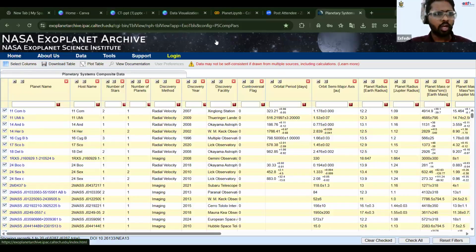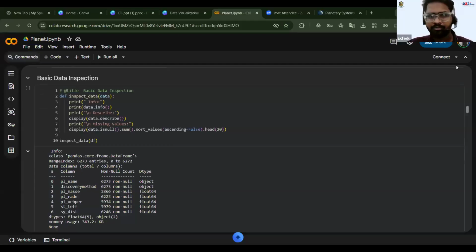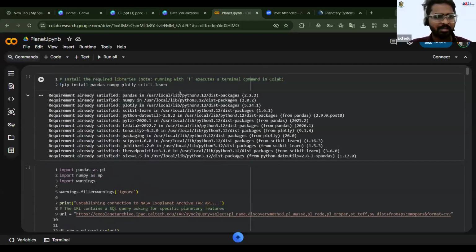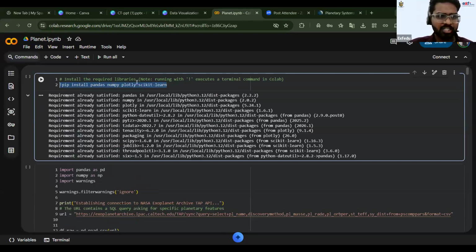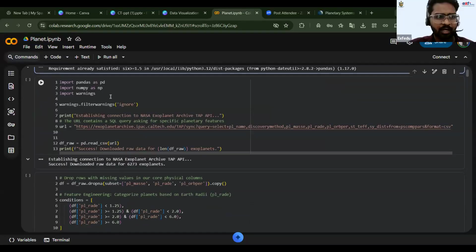And now we'll go through how we can visualize through Python itself. I'll briefly explain what I have done, so we'll get to know what's happening. So these are the libraries that we have mentioned: NumPy, Plotly and Pandas. These are the required libraries. Pandas will deal with the data analysis, and NumPy deals with all the numerical data. Plotly is used for visualizing your data. Matplotlib, Plotly, and Seaborn you'll be using for visualization itself.